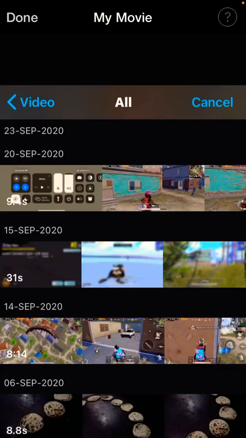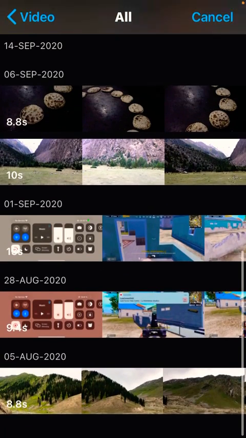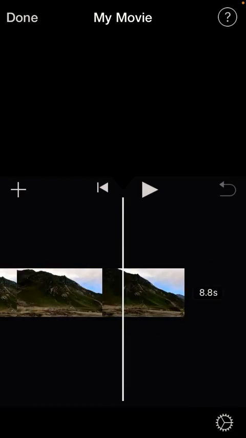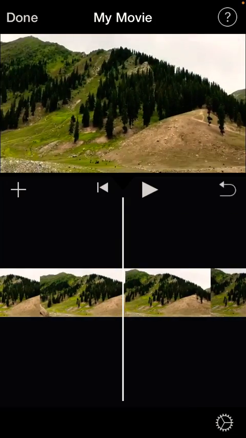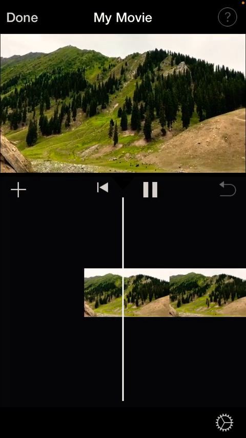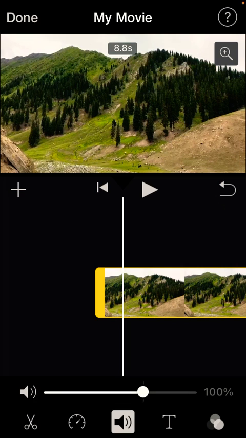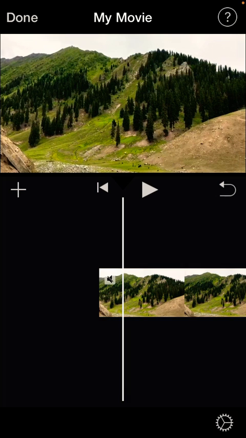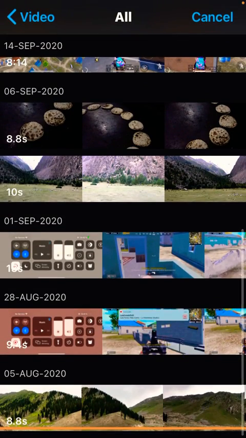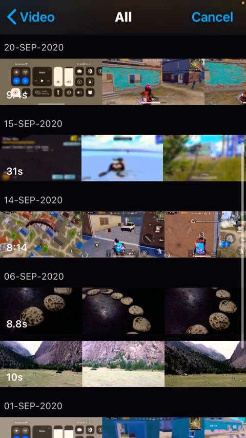First of all, you need to select the video in which you want to add background music. As you can see, in my case, let me select this video. Okay, now this is the video, and this video already has background music. But first of all, let me mute the music of this video. And after muting the video, you just need to press the plus option and you need to select the background music